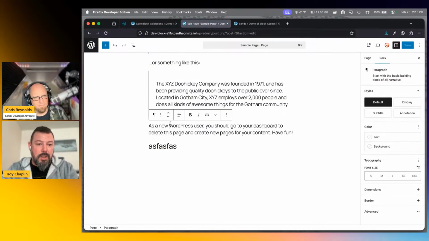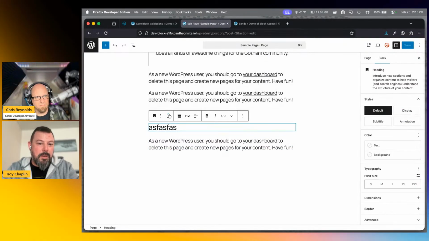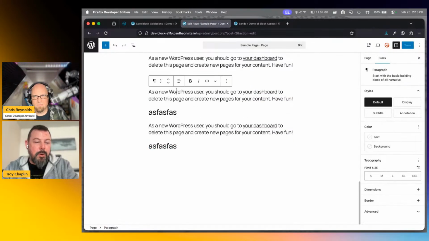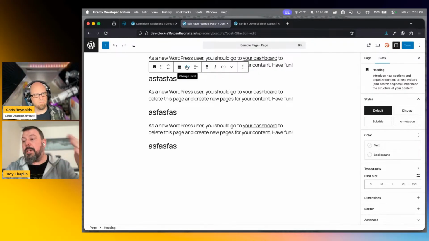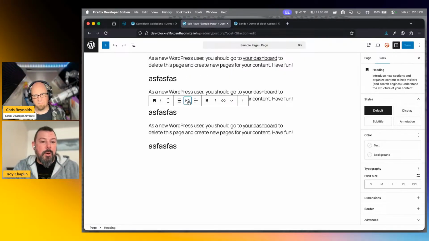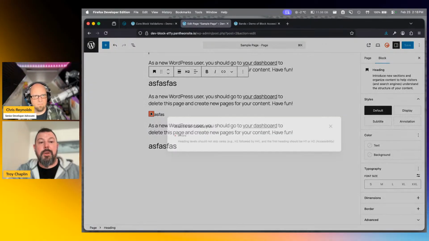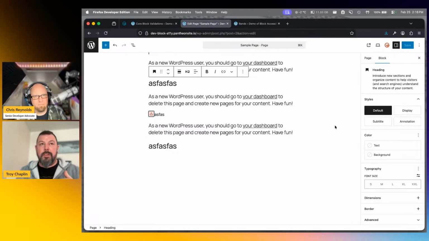There's also some stuff in here if I want to create a hierarchy of headings. For accessibility, you want to make sure that you're ordering your headings in a proper order. So you should go H1 to H2, and then you can go back to H2, H3. Here, if I go to H4 before I go to H3, that's also going to be a warning too. So it's checking the order of the headings that are on the page and making sure that they're